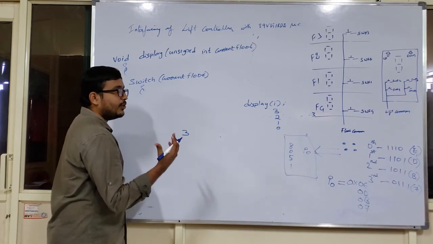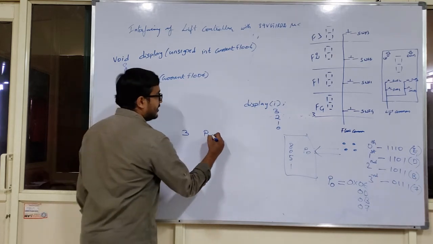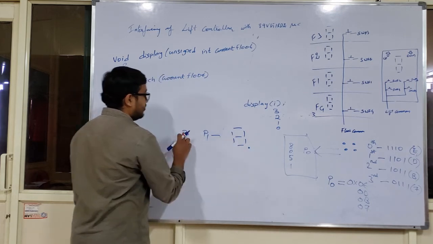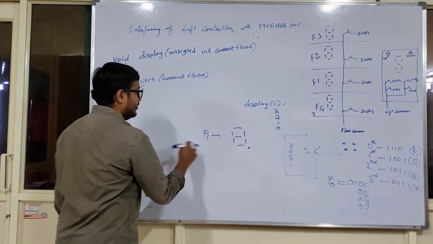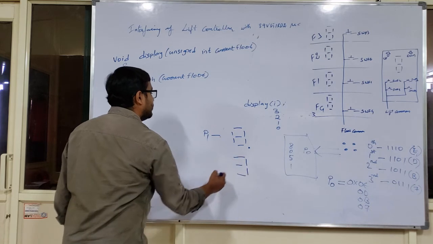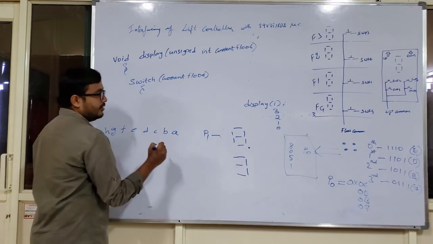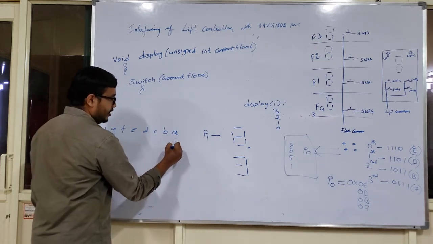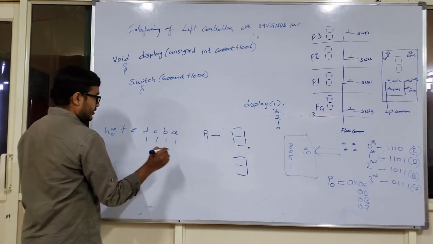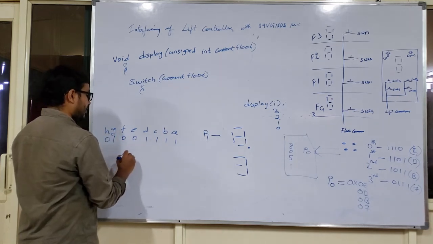Which port will be taking care of the 7 segment display? That is port 1. This port 1 is connected to your 7 segment display A, B, C, D, E, F, G, H. So 3 indicates this one, this one, this one, this one, as well as this one. Here A, B, C, D are 1, E is 0, F is 0, G is 1, H is 0. I am going to have 4F.